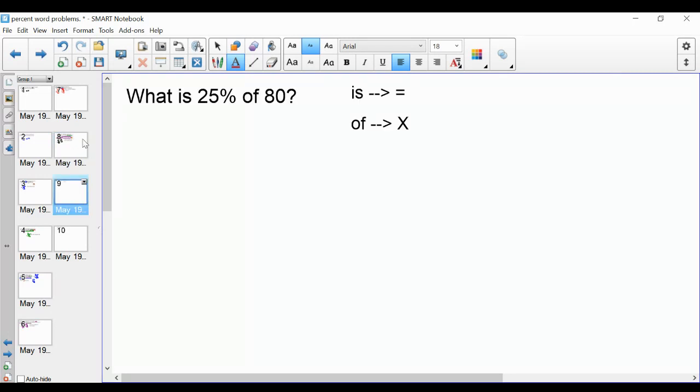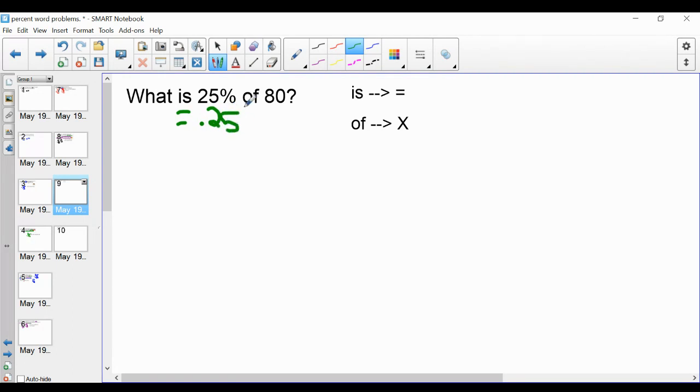We've talked about these before, but I had put this here as a little hint for you. So remember, when we're writing these, is means equal. The percent becomes a decimal. Of is times, so you could write it as a dot or an X, 80. And then you can say what, just leave it blank because we don't know yet. Okay? So now we're going to do 80